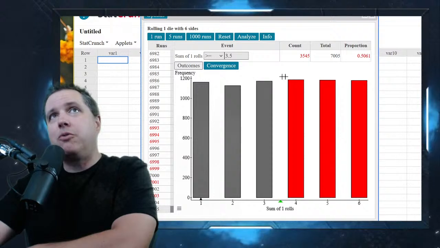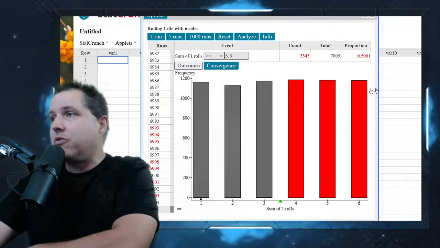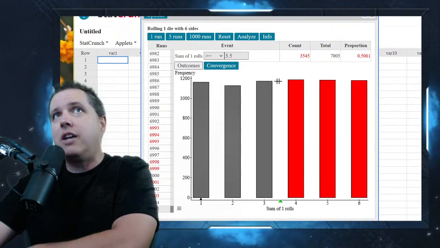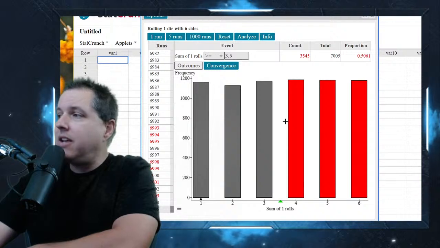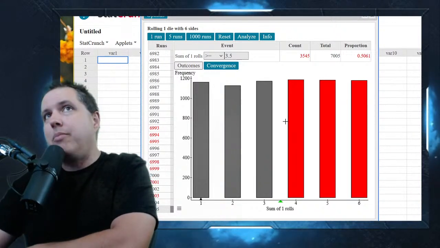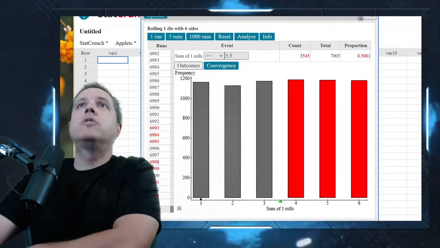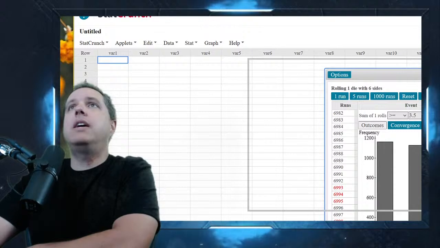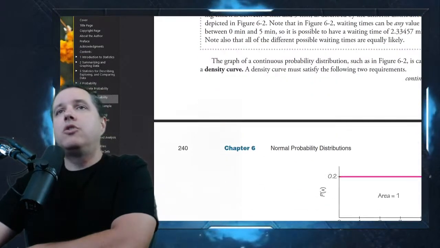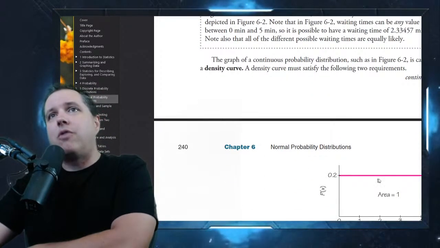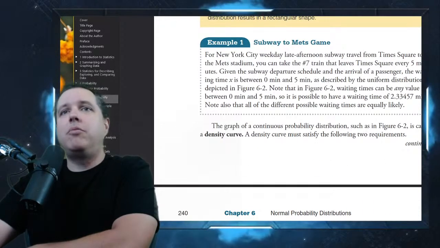So your uniform distribution looks like a horizontal line generally, right? Going straight across because they all have the same heights. They all have the same probabilities. Okay, so with that said, let me close that. So that's why you get this kind of a graph right here, right? If this was dice, the height of each of these would be 1/6, right? This is a different problem they did, but